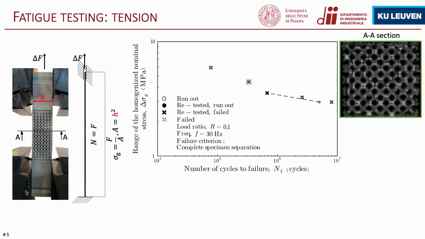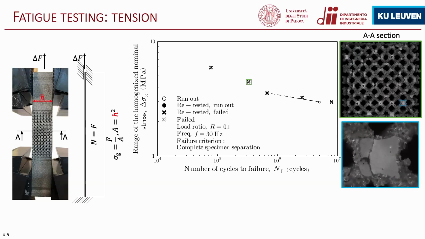By analyzing the fracture surface, which is in the middle of the sample, not exactly here, I forgot to take a picture, but it's outside of the density gradient region. And if we look at the fracture surface closer, we can recognize this characteristic pattern where we have multiple crack initiations at each of the corners of the node. And we can see that there are quite small defects. They are very rare and small, and that's kudos to my colleagues at TU Leuven who developed the printing parameters quite well, I would say.